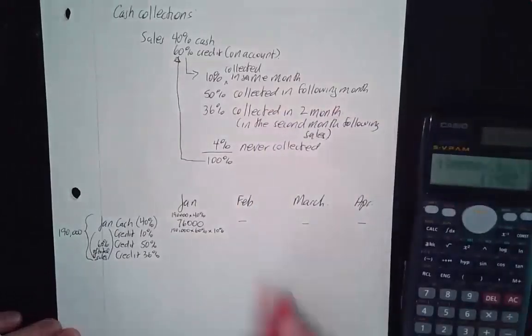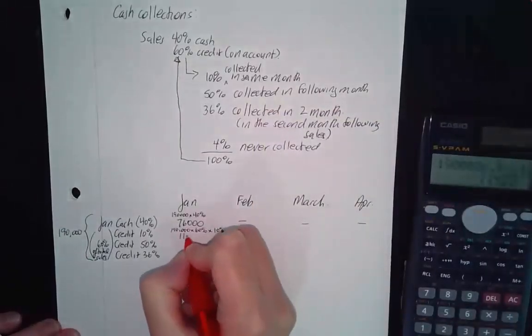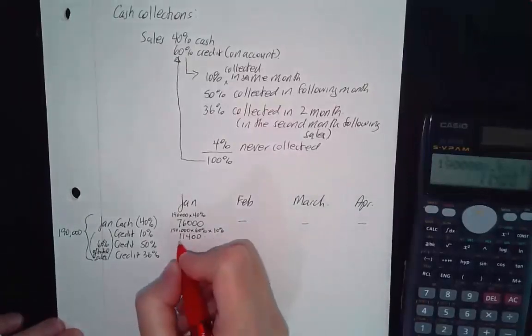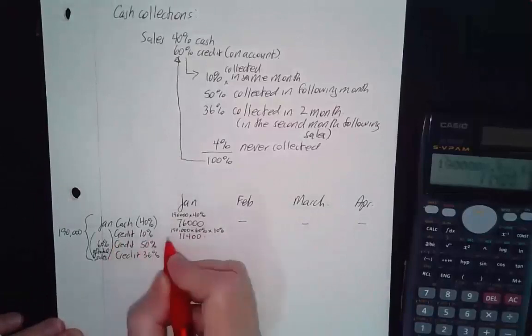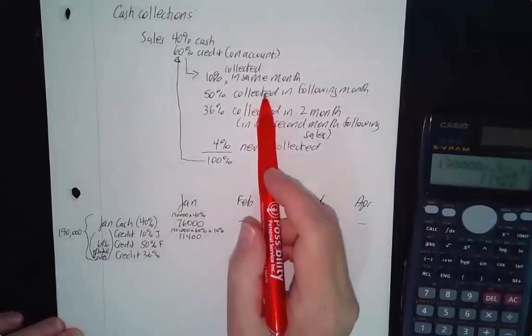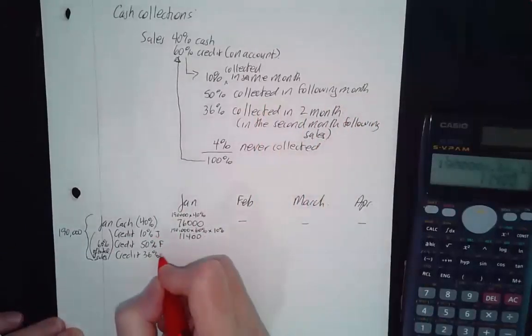That's $11,400. I should have left more space, but it doesn't matter. So now, that's in January, right? That's January to January. This is January. But this is going to be collected in the following month, February, and this is going to be collected in